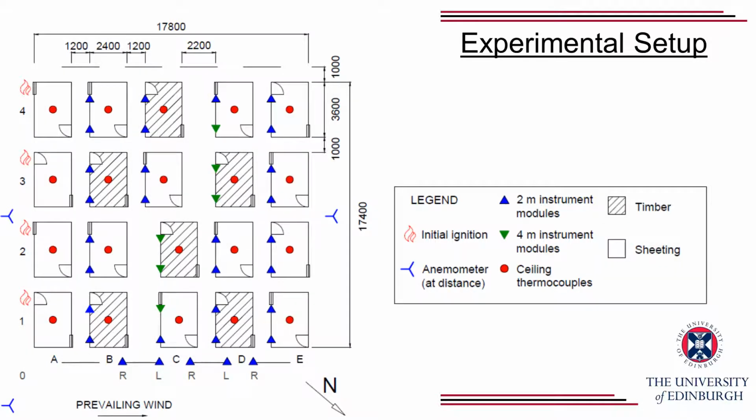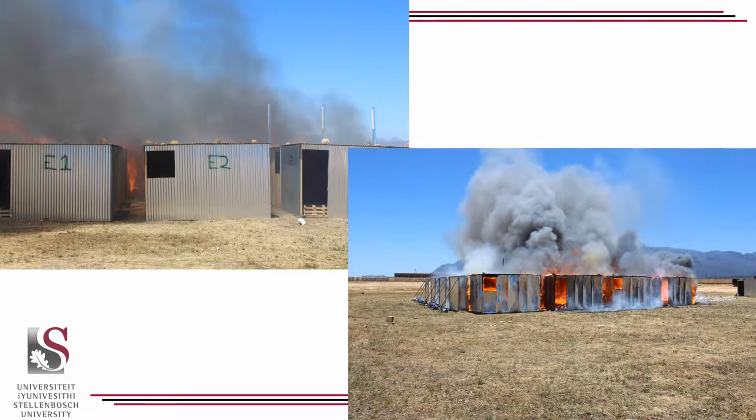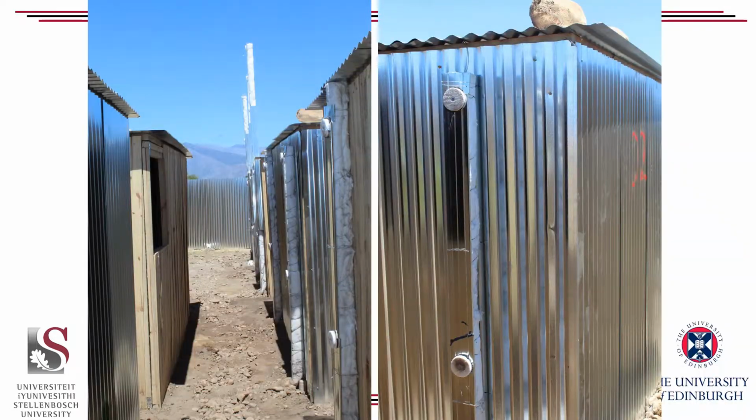The distance between dwellings was between 1.2 and 2.2 meters from left to right, and then 1 meter between each row from top to bottom. Here you can see some pictures during the experiment showing the steel-clad dwellings, some of the boards used to prevent wind from tunneling through. Here on the left-hand side you can see a timber dwelling with the timber planks, and then also some of the equipment that was placed around the experiment to record temperatures, heat fluxes, and other data